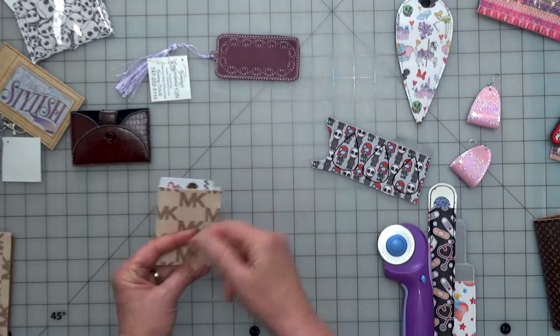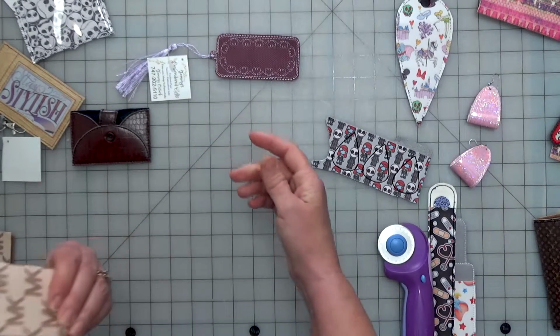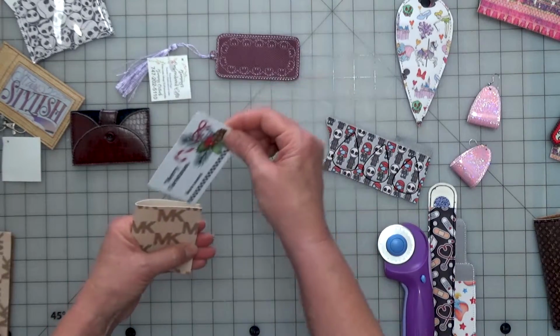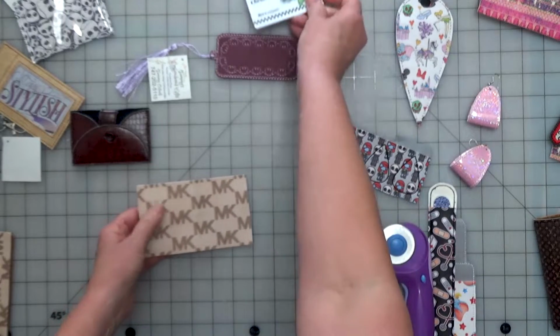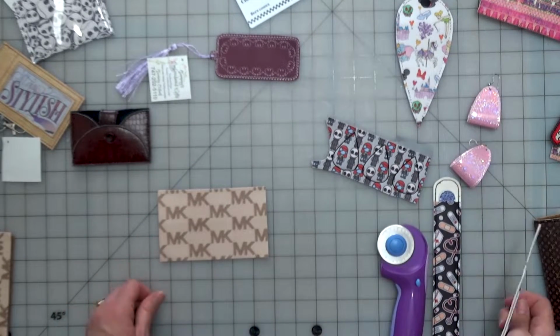I mean, for the amount that's here, I think I sold them for like $2.50 or $3 a piece, and people took them. They thought they were great because then they can use them afterwards in their purse if they just want a couple cards thrown in it or something. So that's an idea for this little piece here as well. Like I said, depending on the way the pattern goes,